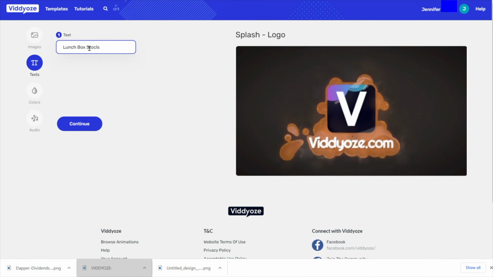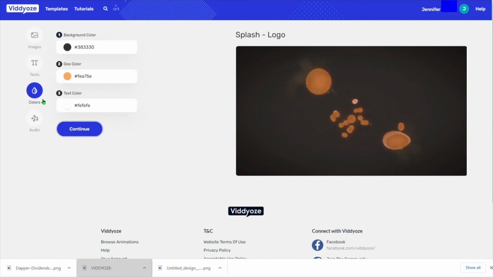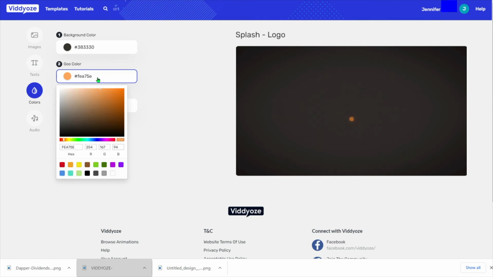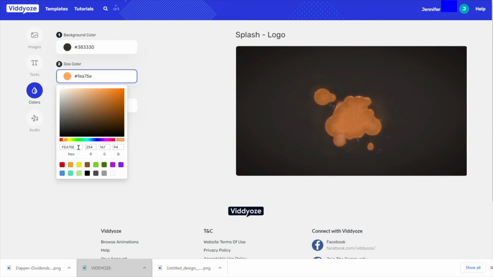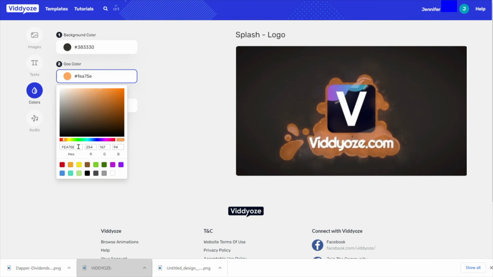Something quick and easy, and then just move on to the next one by hitting continue. Here's the fun part where you get to pick colors. If you click on the colors, it'll give you different color wheels. You also have the option to type in the numbers. If you're not sure of the numbers, you can always go onto Google and type in color code for, say, neon green,